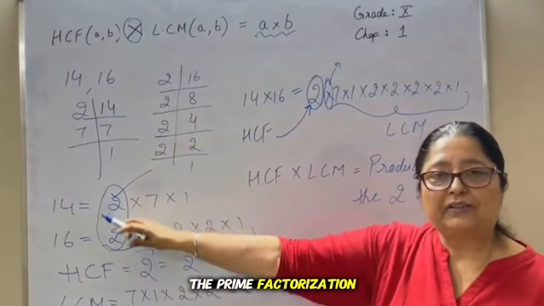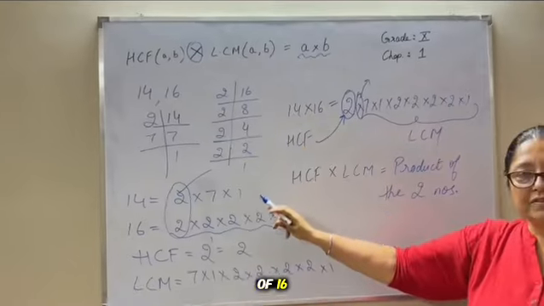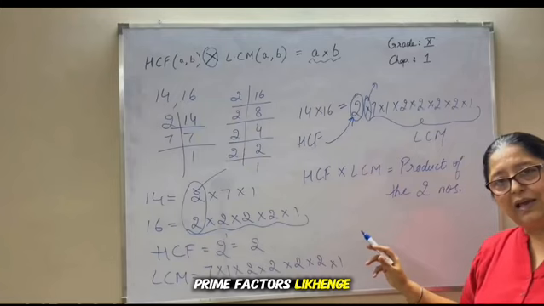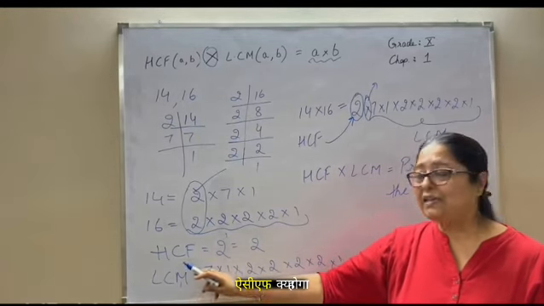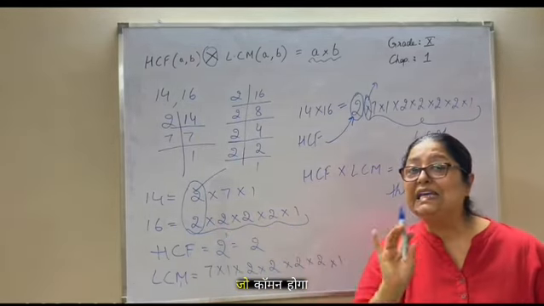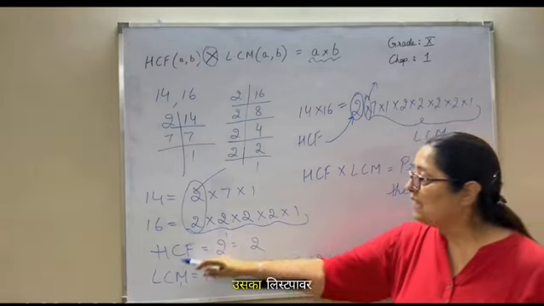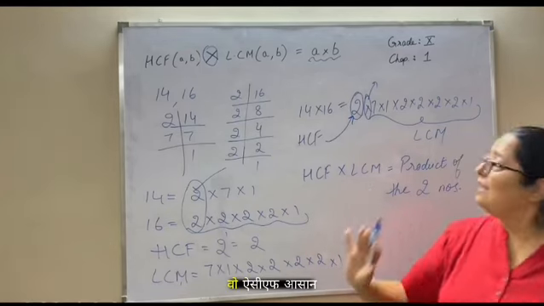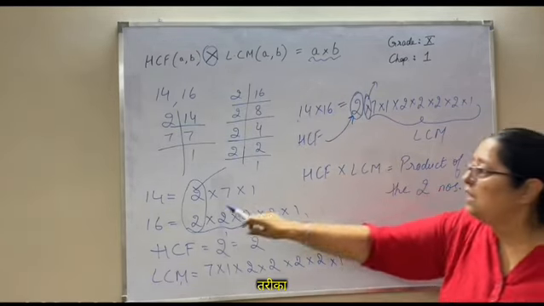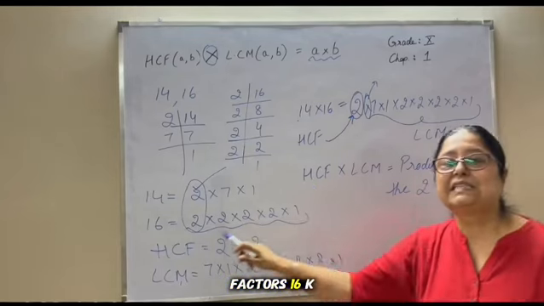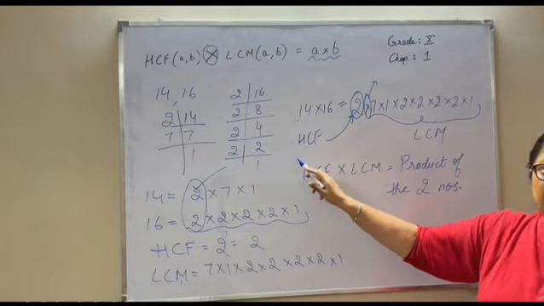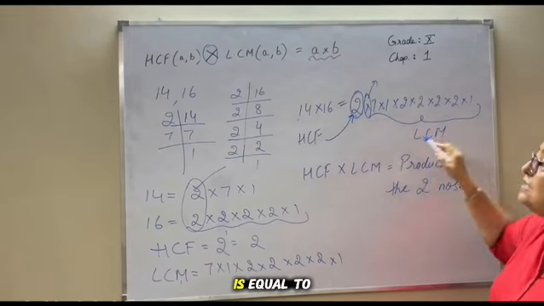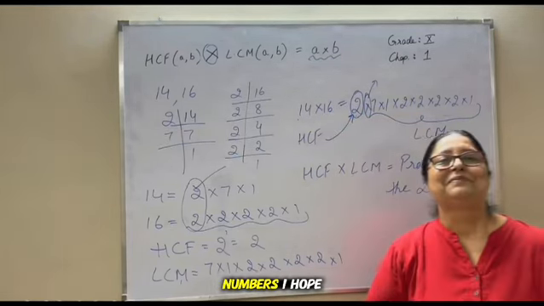Now we'll find the prime factorization of 14, then prime factorization of 16. उसके बाद हम 14 के prime factors लिखेंगे, 16 के prime factors लिखेंगे, HCF फाइंड करेंगे. HCF क्या होगा? जो कॉमन होगा उसका लीस्ट पावर, मतलब 2. उसके बाद LCM क्या होगा? जो बाकी जितने फैक्टर्स बचे हैं वो LCM. आसान तरीका. और फिर प्रोडक्ट ऑफ नंबर्स क्या होंगे? 14 के सारे फैक्टर्स, 16 के सारे फैक्टर्स. उसमें से HCF ये है, LCM ये है. तो HCF into LCM is equal to product of the numbers. I hope it's clear.